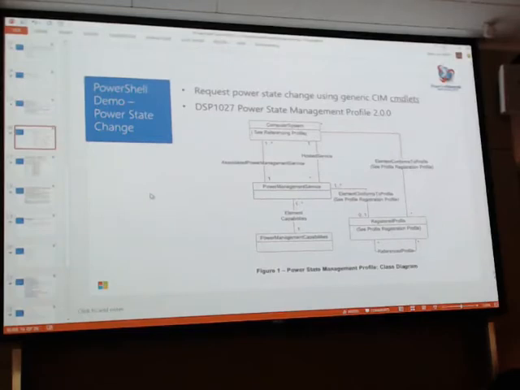But the power management service has a request power state change method we're going to use, and then we need to pass in a reference to the object we want to change the power state of. That's why I needed to keep the CIM computer system instance. Because in theory, the power management service can turn on and off and put in standby any device that is supported on the system. It could be a fan, it could be other things that support power. Let's try that.